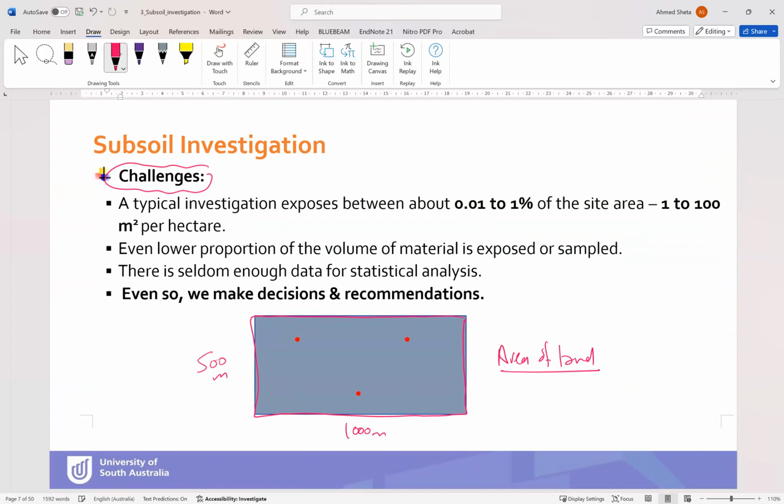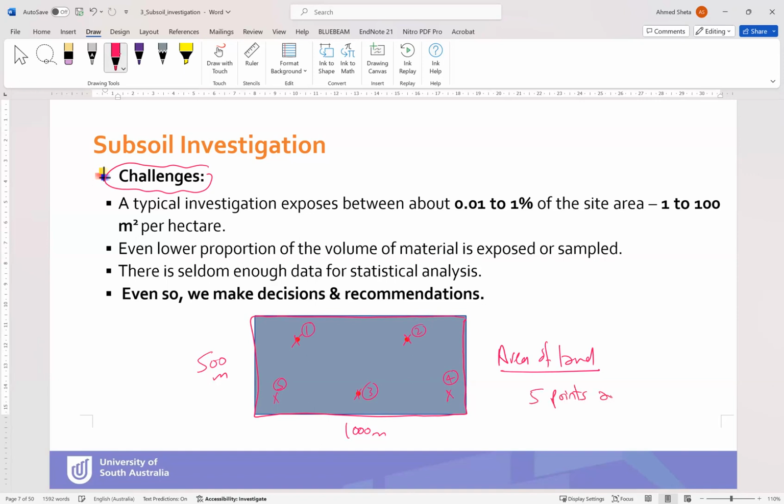If you make boreholes or whatever soil investigation you do, you can have just a few points, for example 1, 2, 3 points or 4 or 5 points, and these 5 points